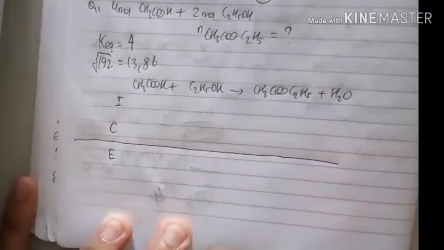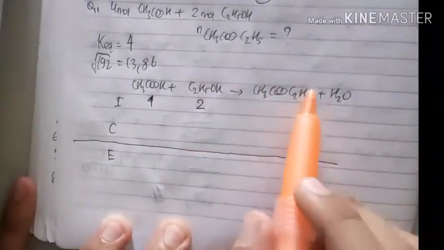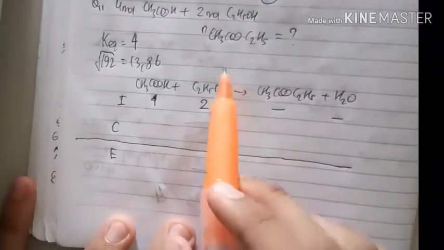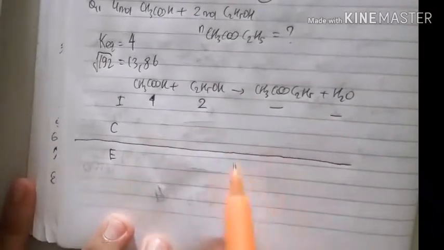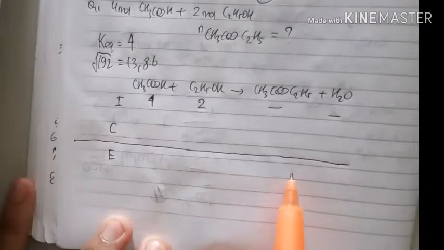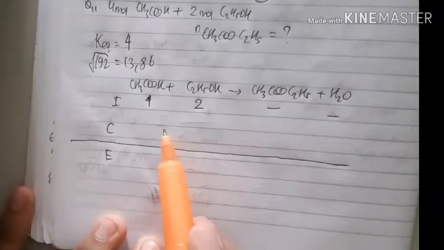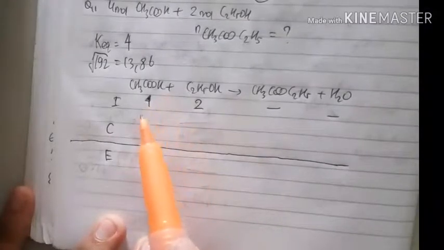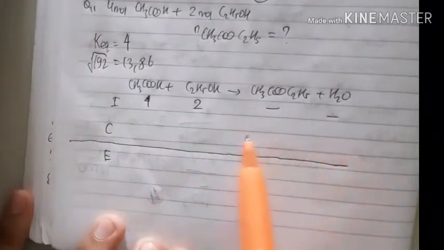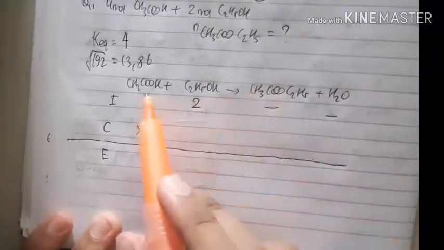Initially we have 4 moles of acetic acid, then 2 moles of alcohol, and of course the ethyl acetate has nothing initially. Then we are asked to find how many moles we get at equilibrium for ethyl acetate. Of course we don't know how much carboxylic acid and alcohol are used, so let's say it is X moles of